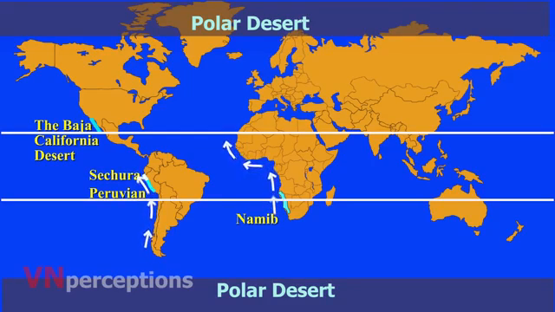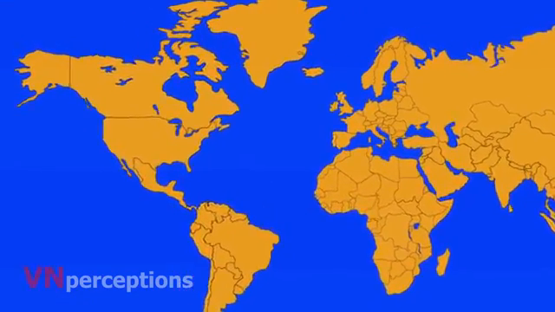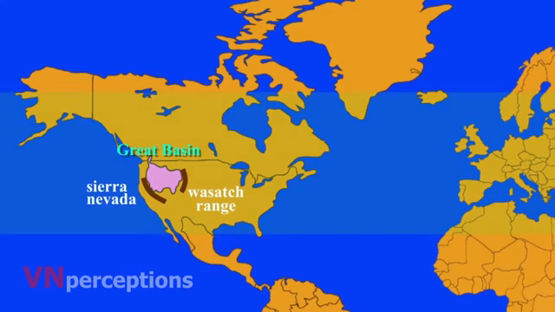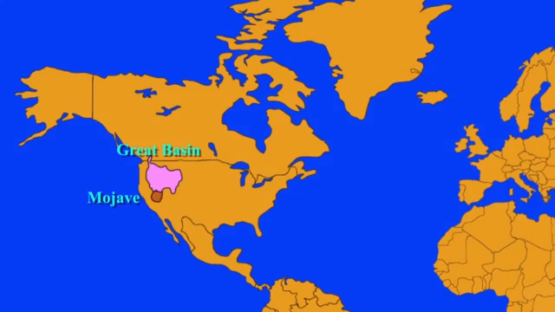Let us learn the deserts one by one. Coming to North America, it is the Great Basin Desert. It lies between the Sierra Nevada and Wasatch Range. It is a temperate desert with hot, dry summers and snowy winters. The desert spans a large part of the state of Nevada and extends into the western Utah, eastern California, and Idaho. The desert is one of the 4 biologically defined deserts in North America, in addition to the Mojave, Sonoran,